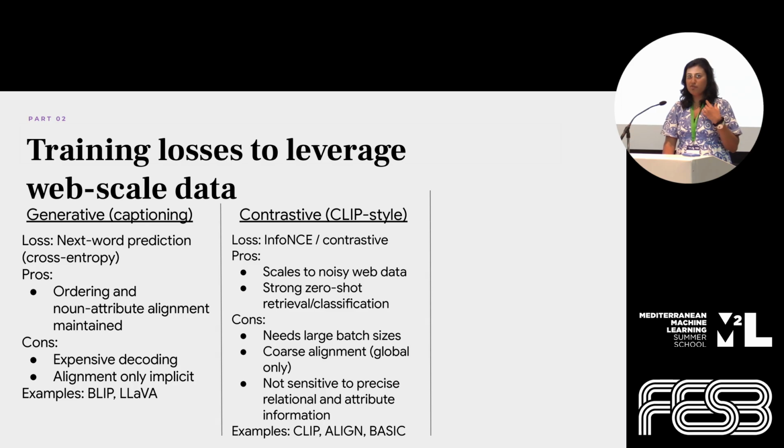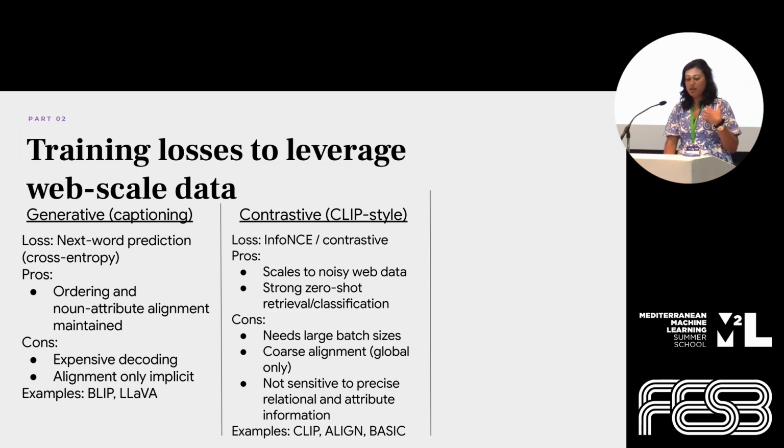It gives you much more fine-grained grounding because it has attention over the entire sequence, and you decide if all of the respective noun-attribute pairs are maintained. The cons are it's hard to scale because negative mining for such fine-grained pairs is quite hard,